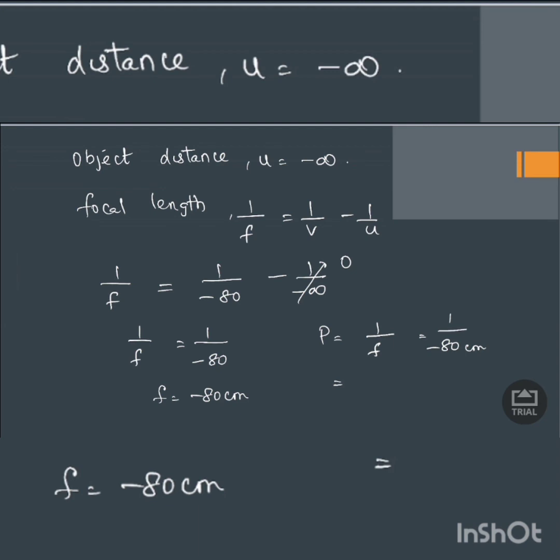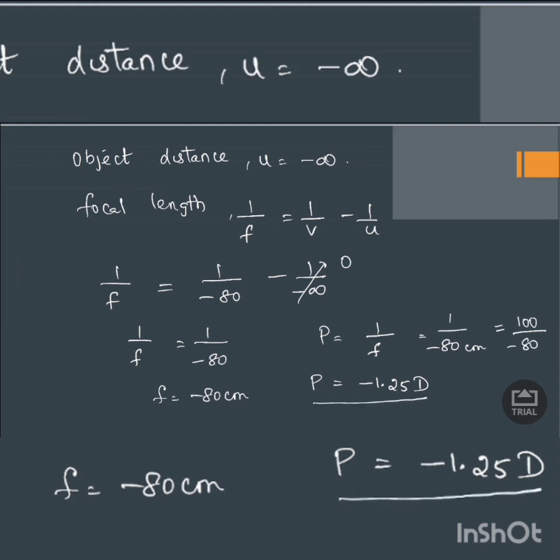So converting this 80 centimeter into meters, you should write it as 100 by minus 80, and you get the power of the lens as minus 1.25 diopters. So a concave lens